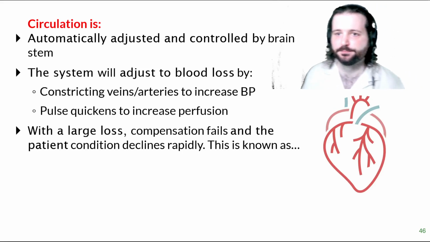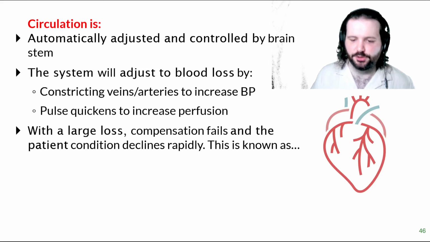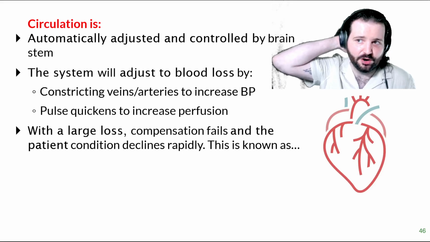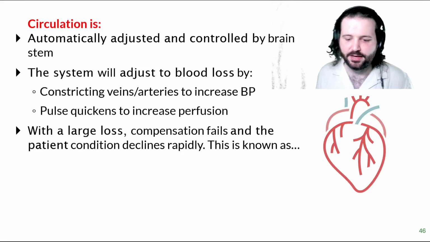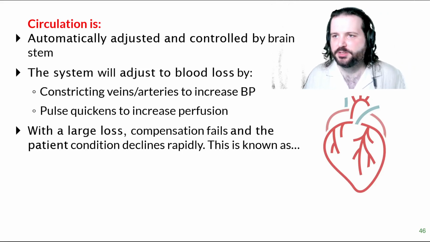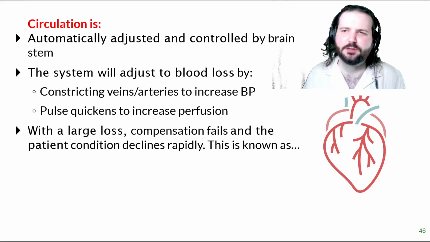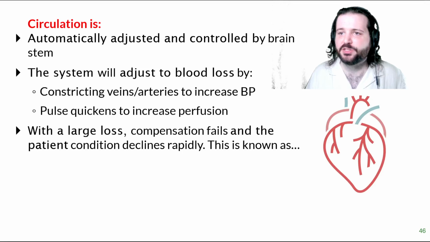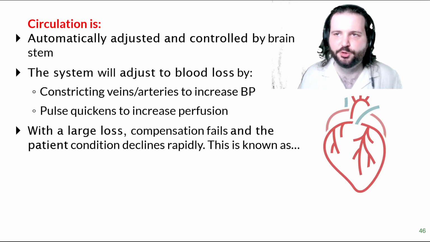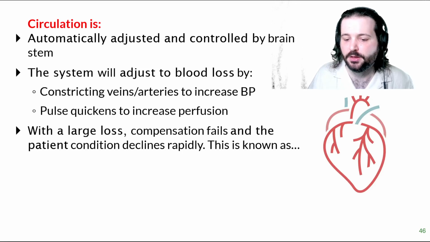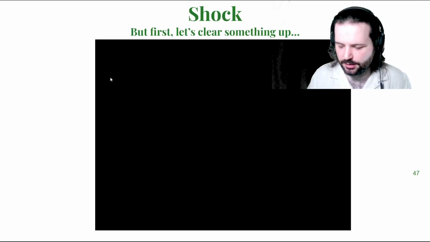So for sure. So again, circulation, it's adjusted and controlled by the brain stem, right? That part in the cervical spine that we've been talking about. What it normally does is if we lose blood, right? If you start to bleed and you bleed a lot, that system will automatically try to keep your vital signs relatively normal. So as soon as we start losing a lot of blood,